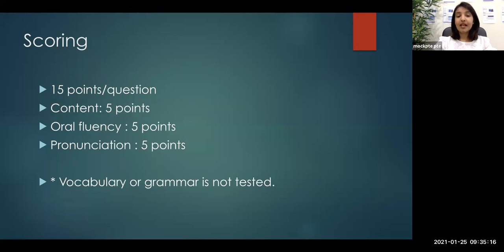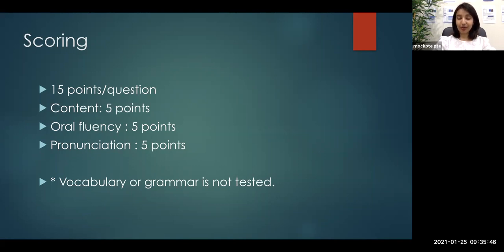Mumbling means you keep your mouth half closed and you speak in a really low voice because you're not confident about what you're saying. But you need to remember here, guys, in speaking, there is no wrong answer. Whatever you say is the correct answer, as long as you speak continuously and confidently. So open up your mouth, enunciate the words, your pronunciation should be very clear. Only then the computer can capture the content words from your answer. So open up your mouth, speak loud and clear, confidently.